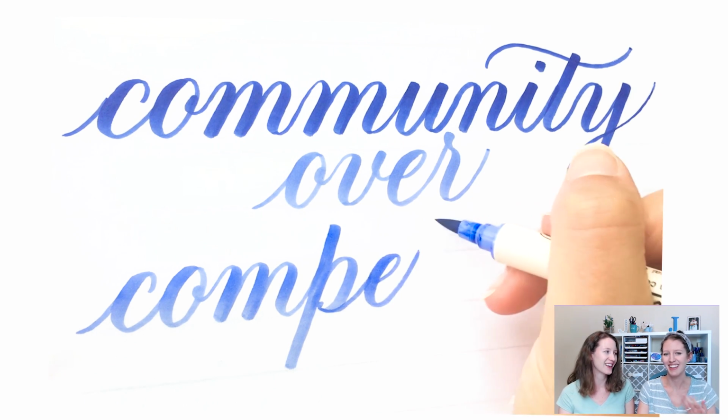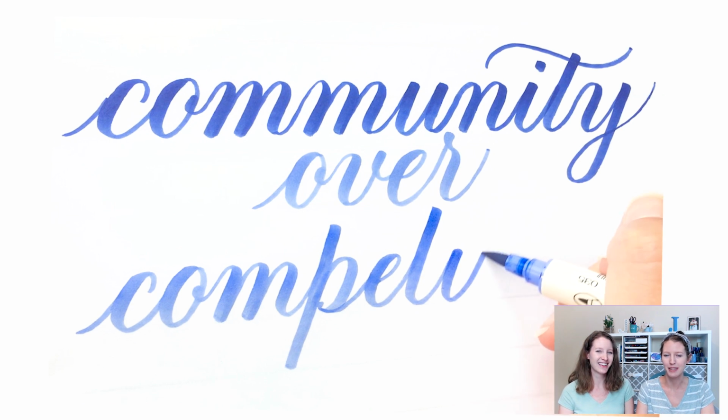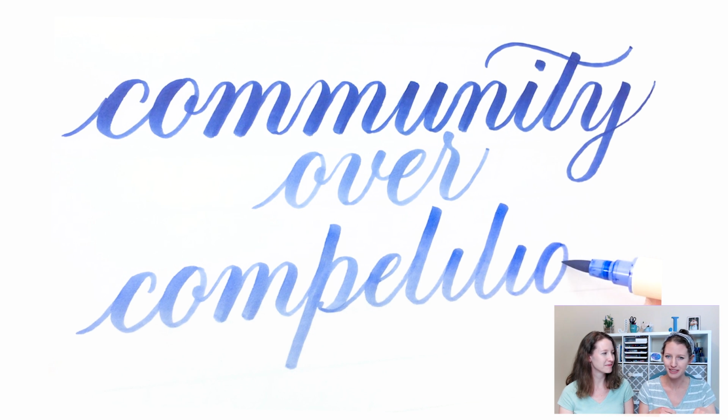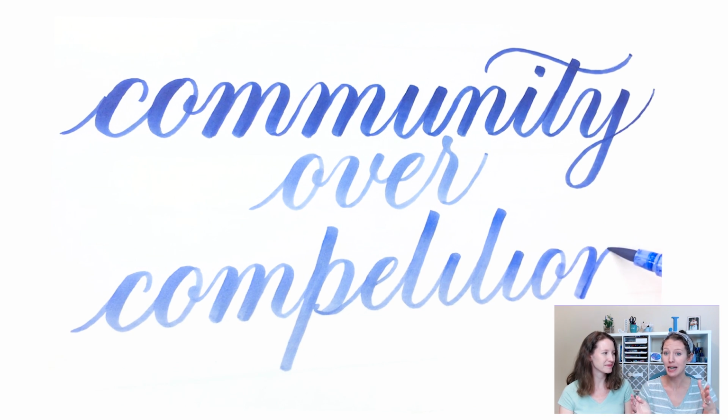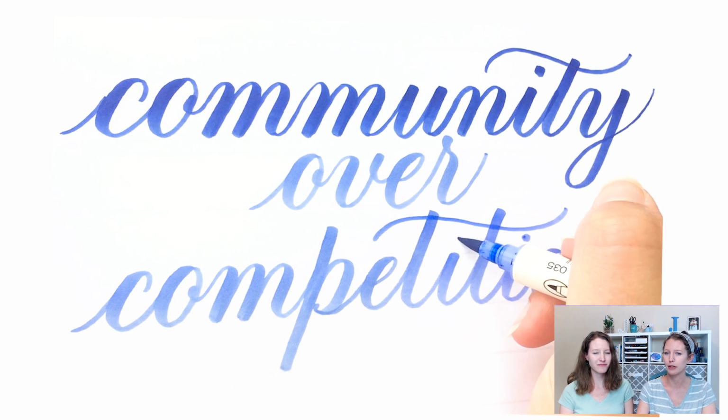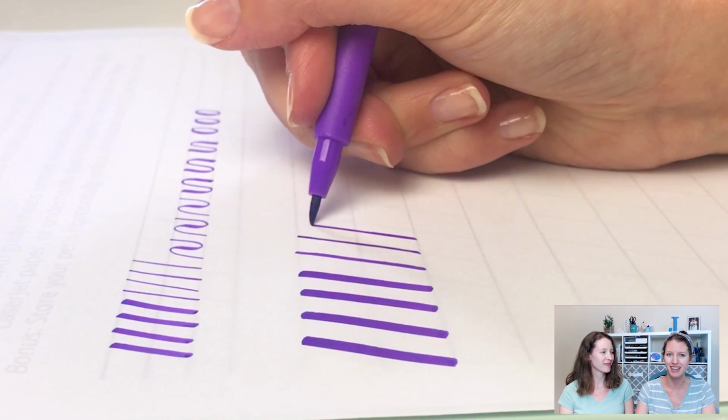out quickly. That's like my favorite thing about brush pens compared to pointed pen, it's just so much easier to get them out. You can put them in your purse. You don't have to do any cleanup. And they just work well on a variety of paper goods like envelopes, place cards, framed paper signs, all kinds